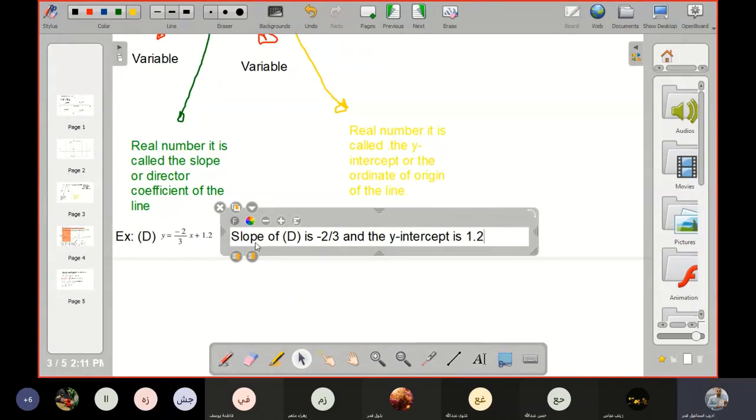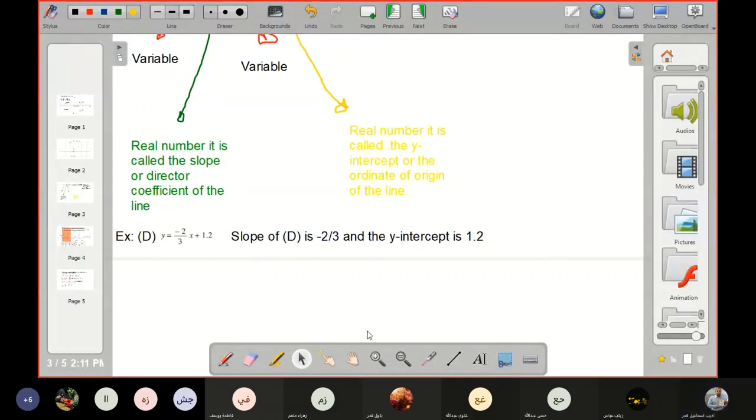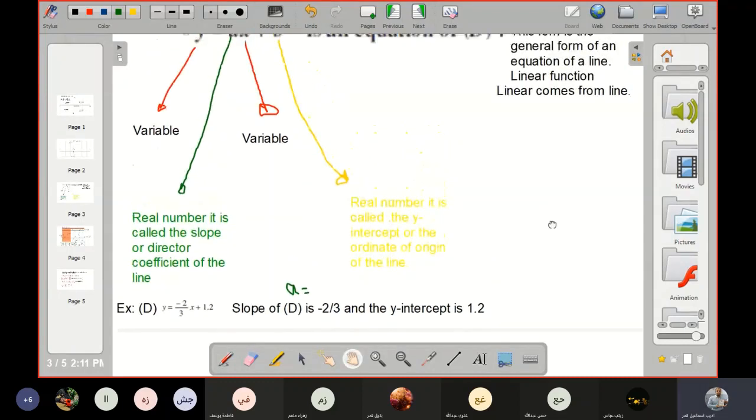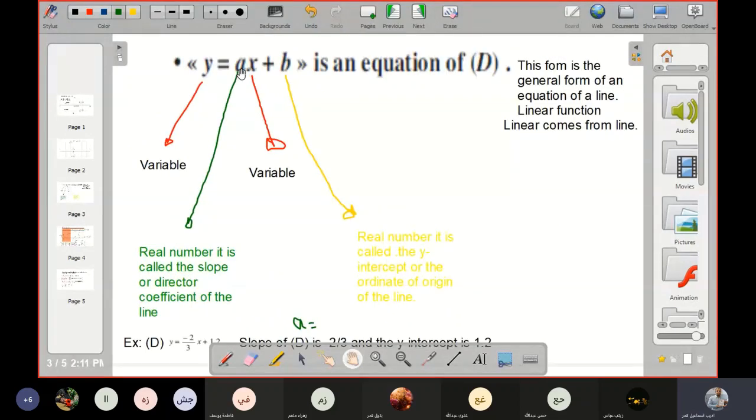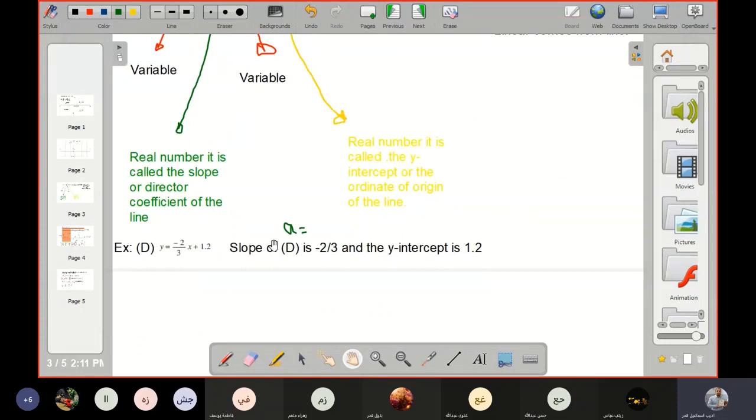Now, when we work, we don't write all the time slope of D directly. What do we say? Slope is symbolized by A. Then here in the equation, instead of writing slope, what did we put? A. And instead of writing y-intercept, what did we put? B. So directly we say here A equal -2/3,